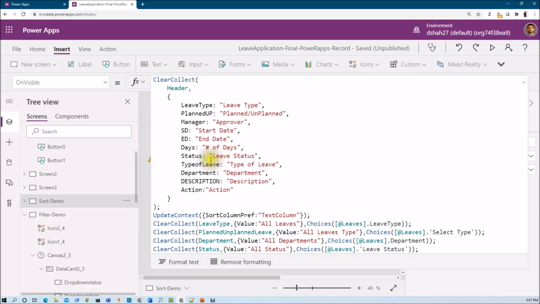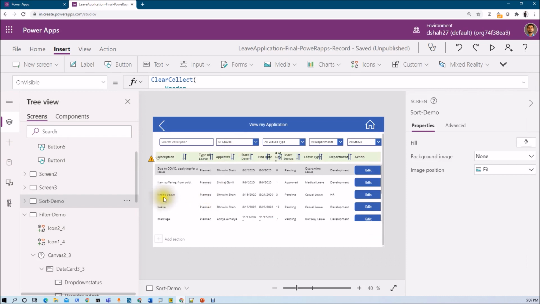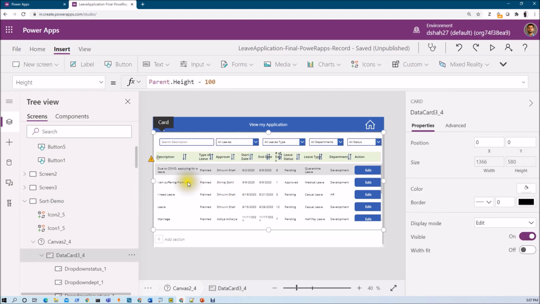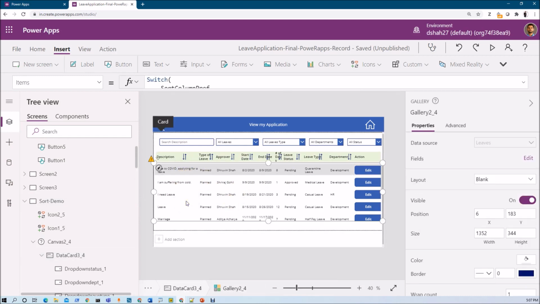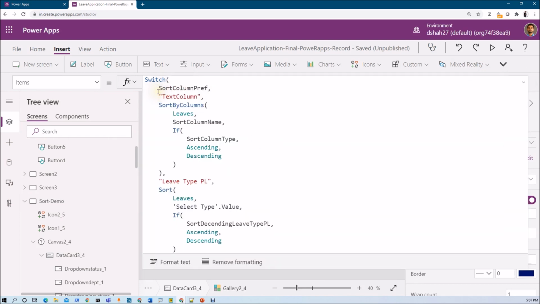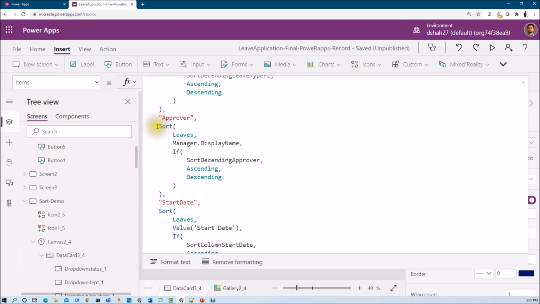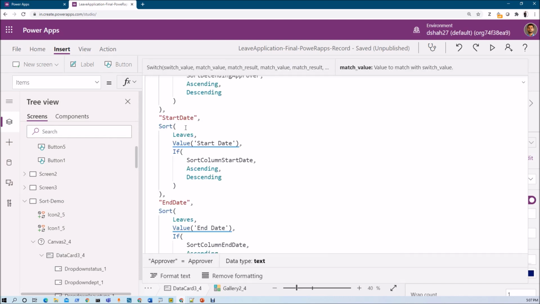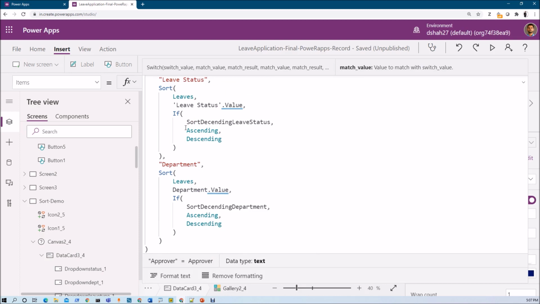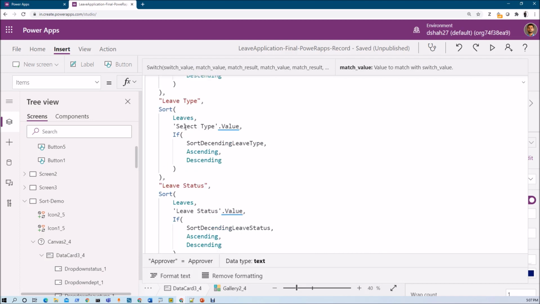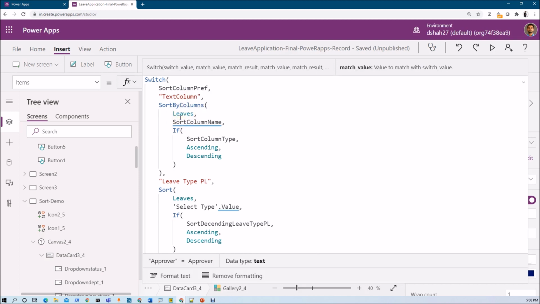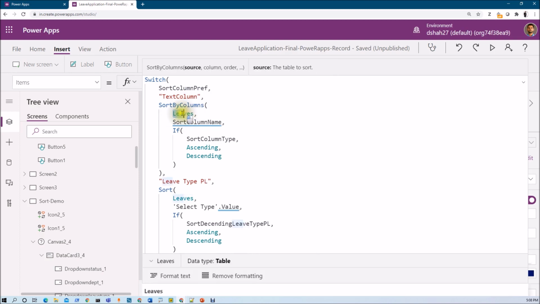Now what I want to do here is make our search and sort work together. Let's check the items code for the sort that we have implemented. We have implemented one switch, and inside that we have passed different keys, and based on that the sort and sort by columns function has been working. We have discussed all of this in the 15th part of this series. Now, to make search and sort work together, we need to make only one change. We just need to change this data source. That's the only thing we want to change here.